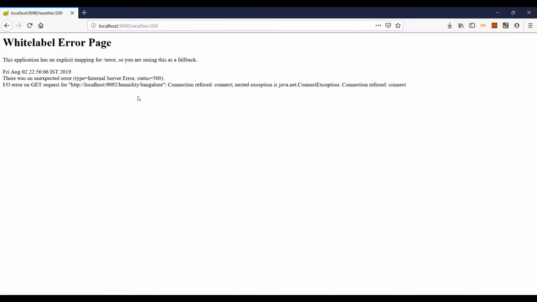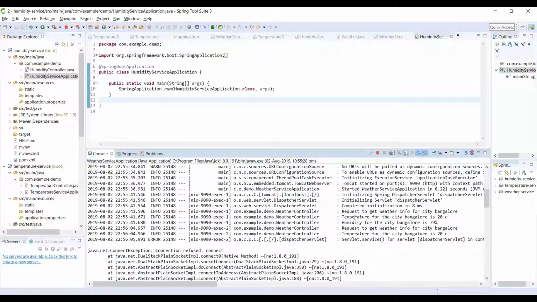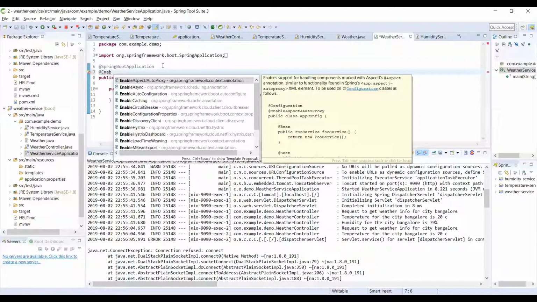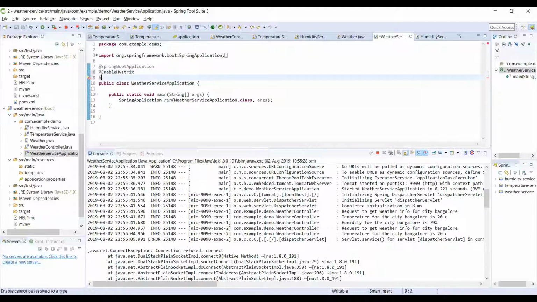So when I do this, you can see that it is not able to connect to this application because the service is down, and the error is thrown at the browser itself. So to avoid this kind of situation, we are going to configure all these applications with Hystrix. So here you can see that the exception is thrown. So I will configure my weather service to enable Hystrix. Enable Hystrix. I will put enable Hystrix dashboard also,